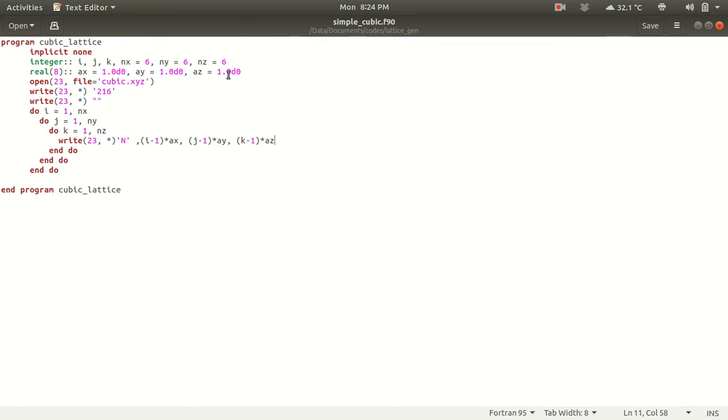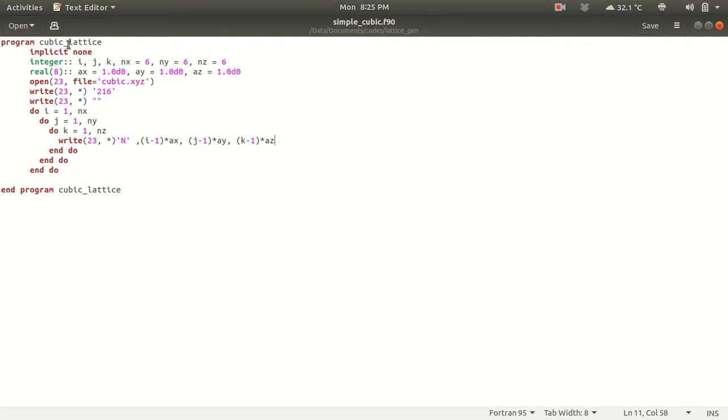What I described in my last lecture was how to generate a lattice. If you haven't watched that lecture, just go to it. There is the whole theory part about this lattice generation, and what AX, AY, AZ, NX, NY, NZ are, and all of the algorithms are there. Go through the theory part and you will find this very easy, and you can generate any lattice in any configuration, whatever you want. So let's go to that.